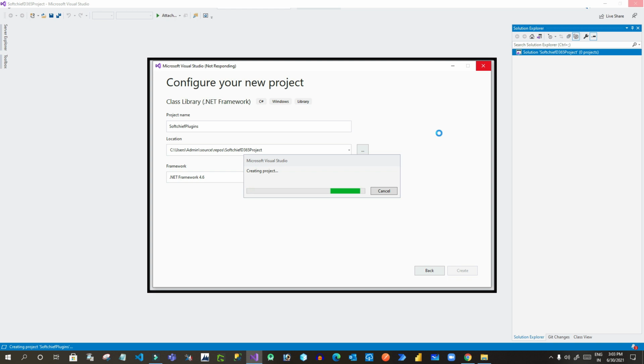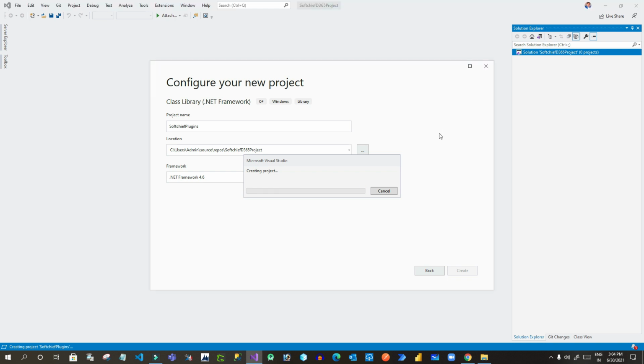Okay, like that I will create another class library project to store custom workflows. So we have to create multiple projects of different types to store different components, right? You can also keep custom workflows inside this project, but to be honest, we should keep separate projects for separate components, like plugins one project, custom workflows one project, so that you can segregate in future and clearly understand what each project stands for. So it is trying to create the project. We have to wait for some seconds.